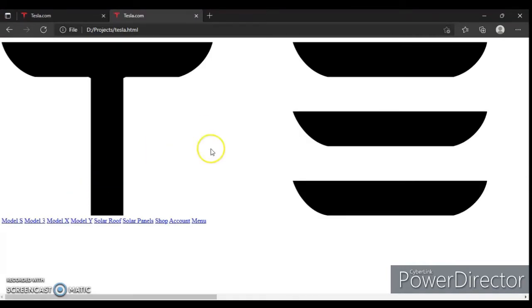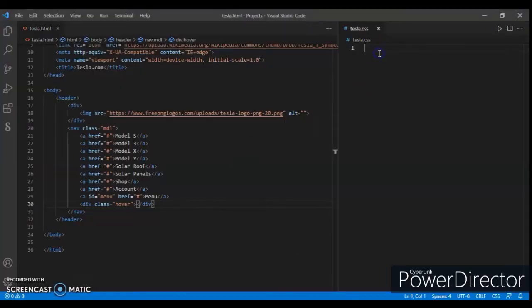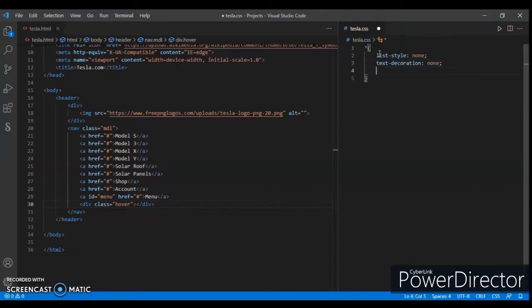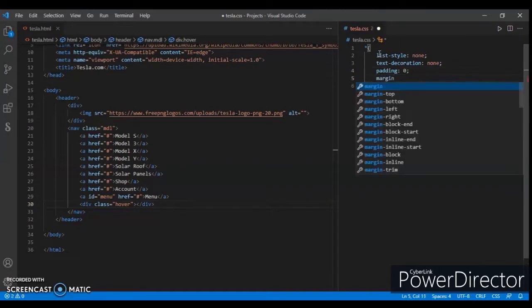Okay, so this is so big. Tesla. Now write the CSS code. We have already linked the CSS file. Okay, now list-style none. Second, text-decoration none. Padding 0, margin 0,